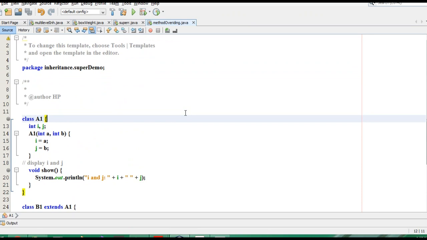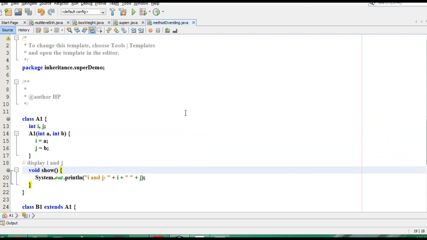So we have got class A1 here in the method overriding concept. Class A1 has got two variables, I and J. A1 has got its own constructor A1 which accepts two parameters, and those two parameters are stored in A and B. Further they are assigned to I and J. Within the same class we have got another method, show. In this show method we are trying to display the value of I